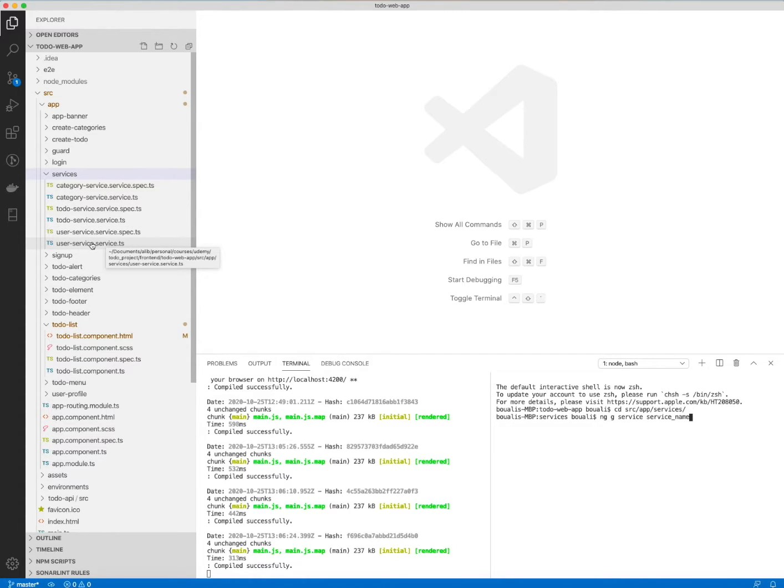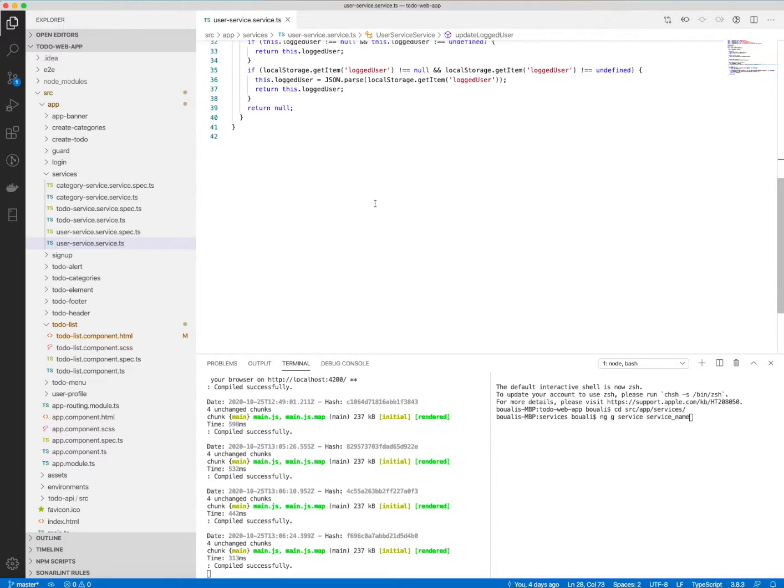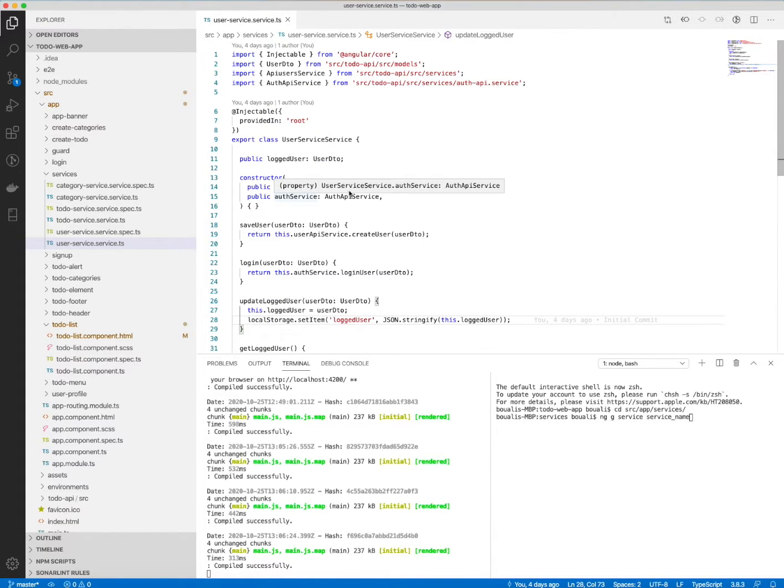So actually the services part is, if you want you can just skip it, but I recommend to use it, for the clarity of the application. So let's check, for example, the user or other category, whatever.